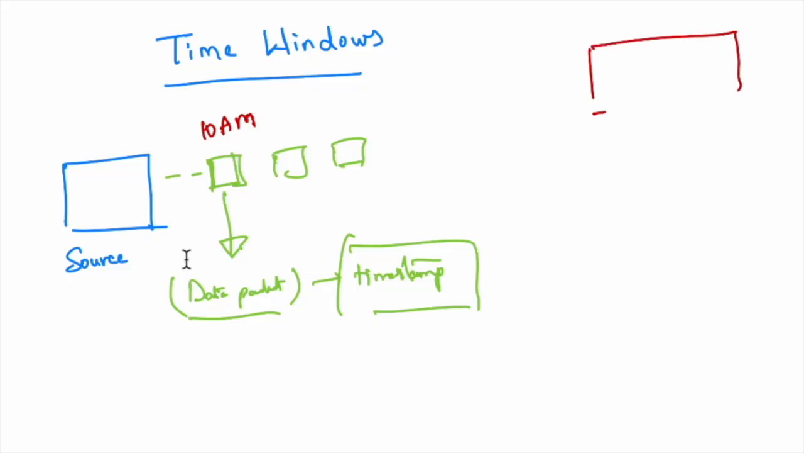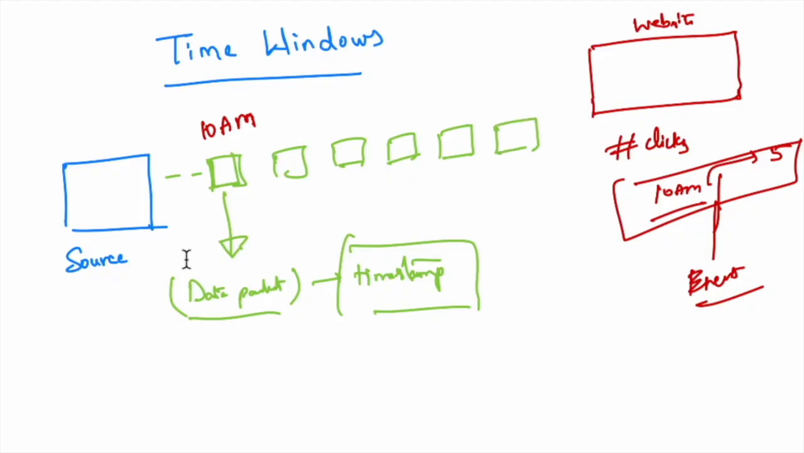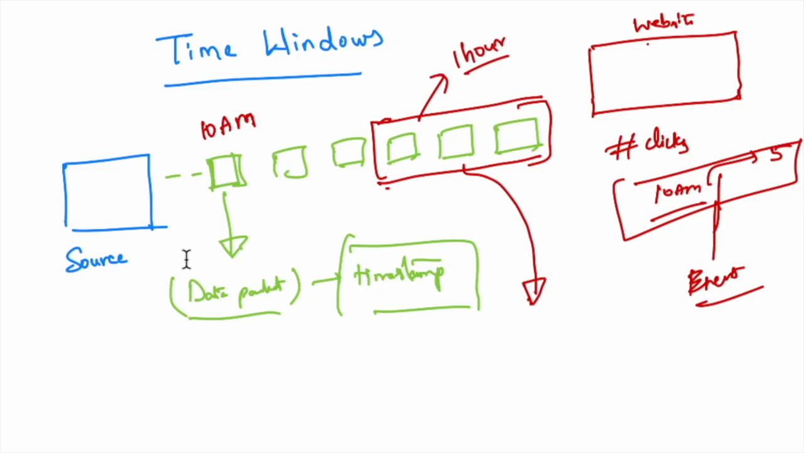For example, let's say we have a website and we are monitoring the number of clicks on the website. At 10 o'clock, let's say 5 clicks happened on the website, then this is an event. So now, when these events are getting continuously emitted by the source, to make sense out of that, we have to do some aggregation, some chunking based on time. Let's say I want to get the events which happened in the last 1 hour. So we collect all the events that happened in the 1 hour and get a sense of what's happening in that